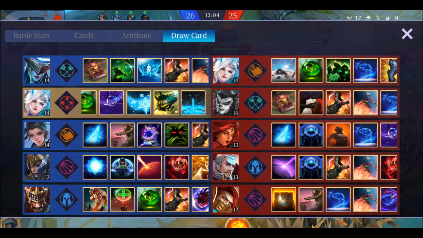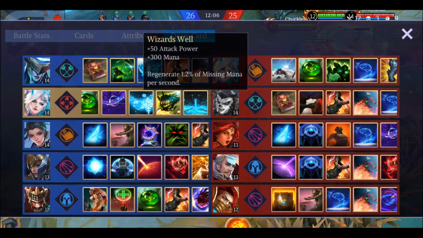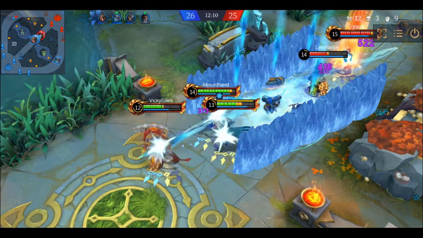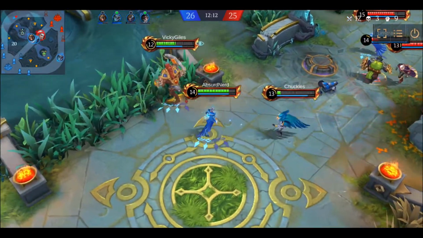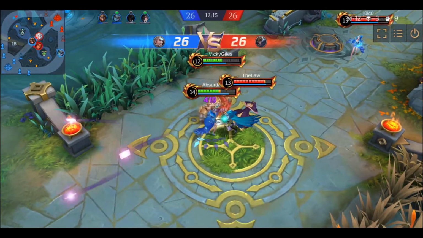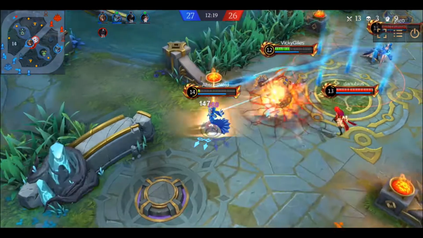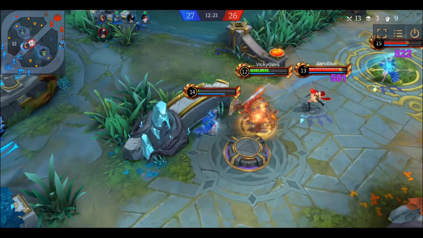What do we get? Wizard's Well. More mana, more attack power, regenerating mana. Really, really useful. Especially with our huge cooldown reduction. The fact we can just spam our abilities over and over again. I mean, we just chunked him down just using our...